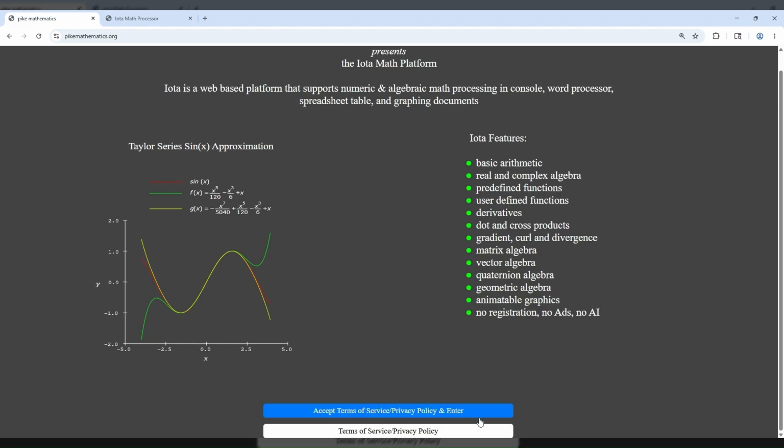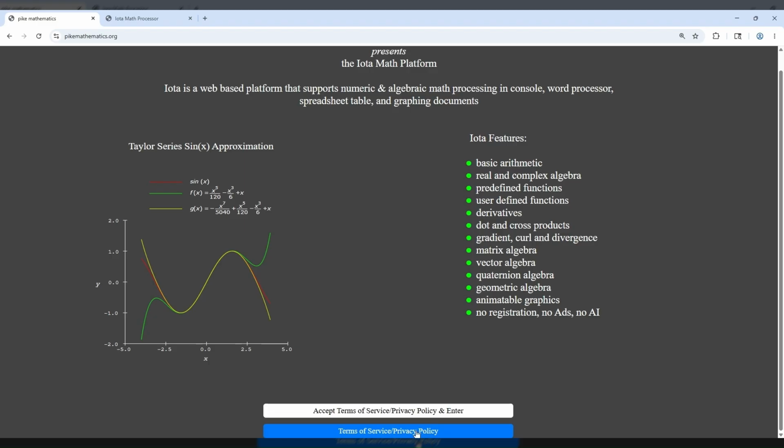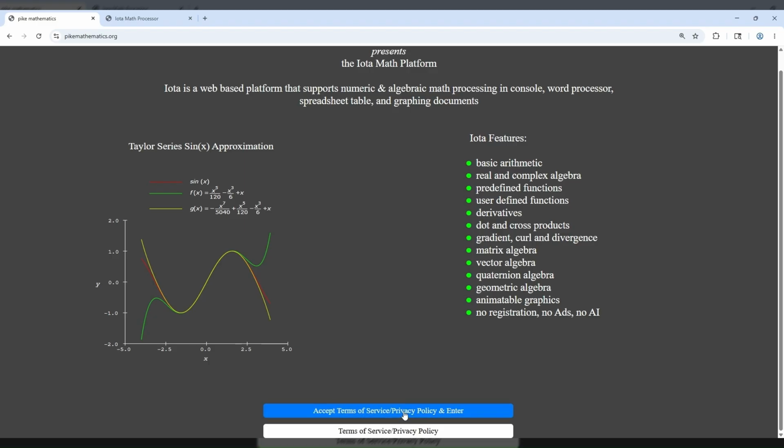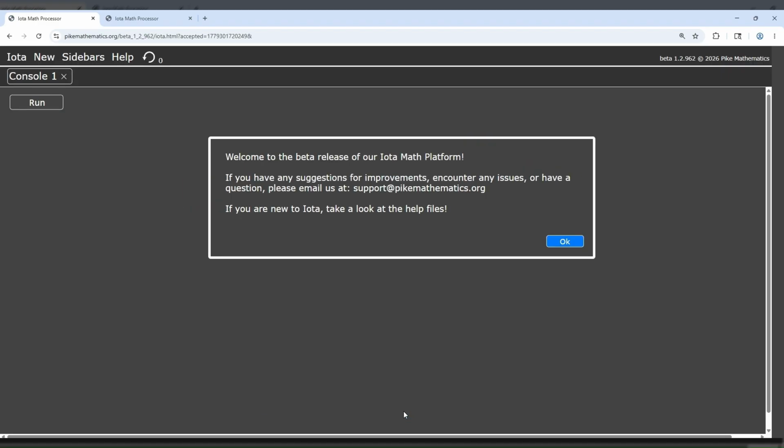Our website does have terms of service and a privacy policy. You can find those right here. And if you accept, click this button, and we're in. As this dialog box indicates, this is the beta release of Iota. And we have our email address right here,